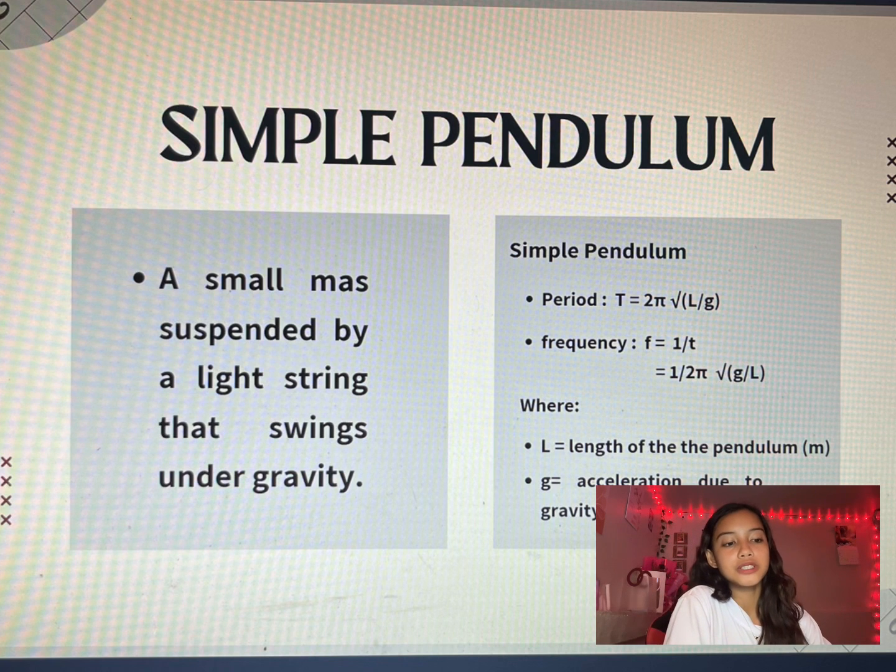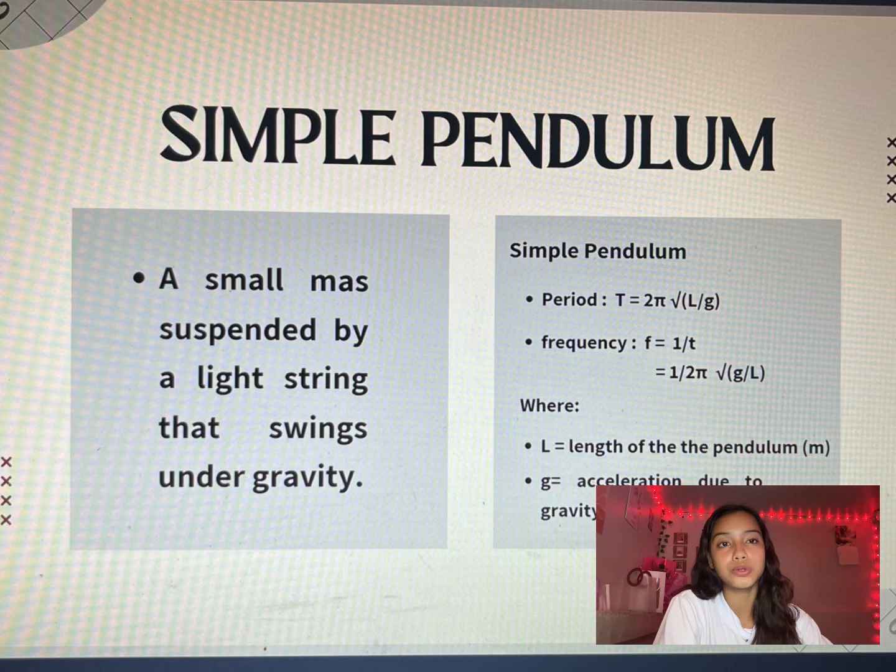So a simple pendulum is a small mass, called a bob, suspended by a light string that swings back and forth under the influence of gravity. Its motion is periodic, meaning it repeats in equal intervals of time. The time it takes to complete one full swing is called the period T, or time, given by the formula